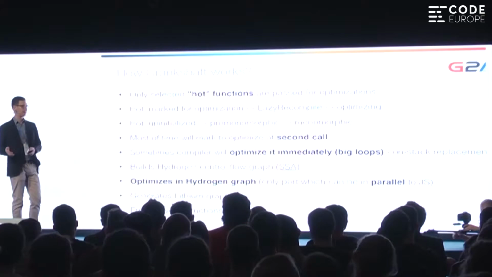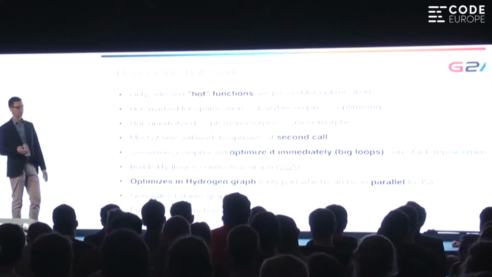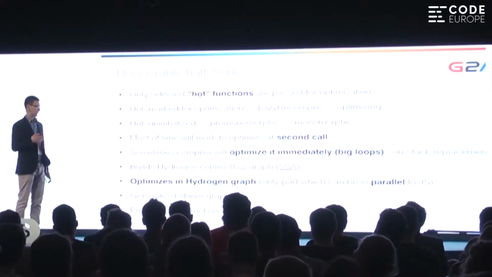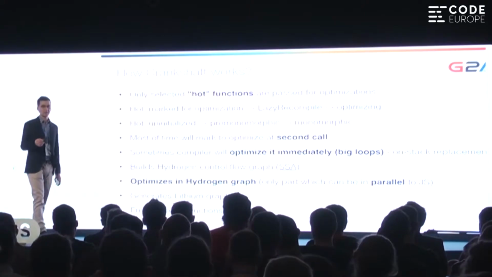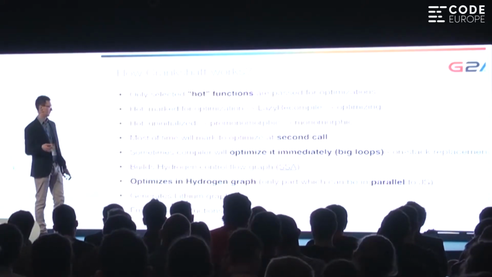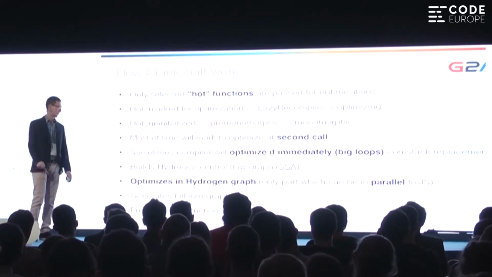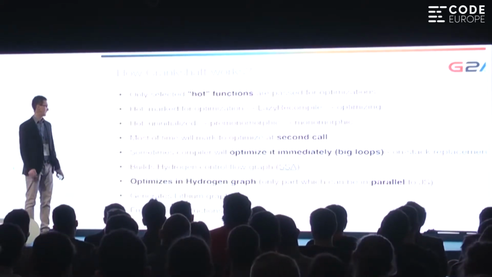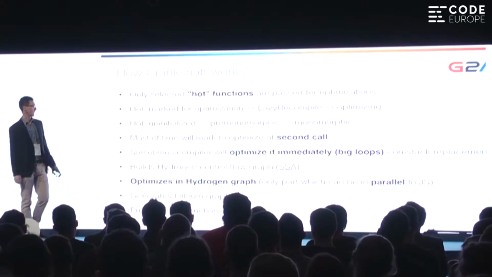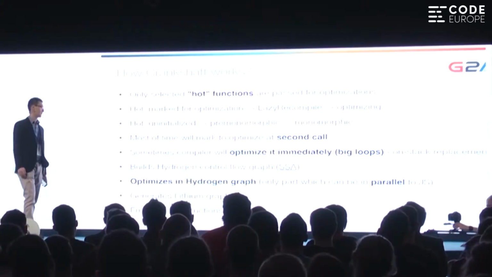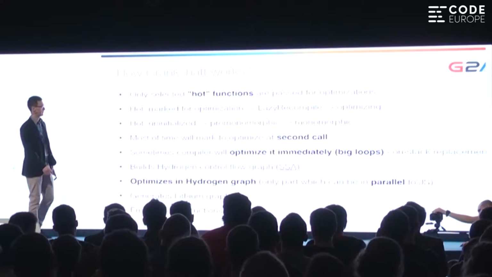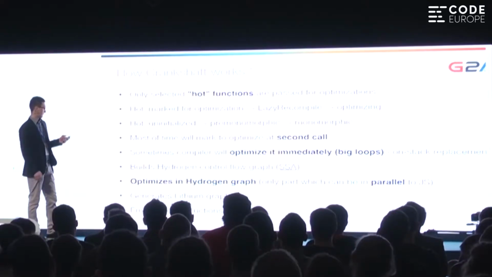Lithium will transpile it to native instructions. One lithium operation might be just one operation for a computer, but it can also be 15, depending on the machine and other stuff. So when it comes to hydrogen, it's just a control flow, which is using static single assignment form. What is actually very important